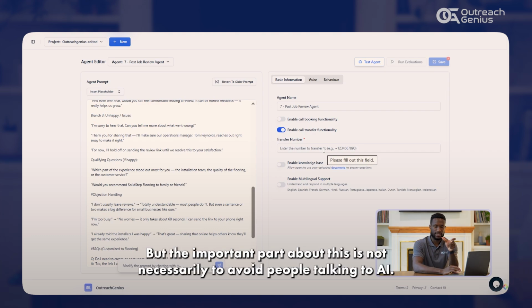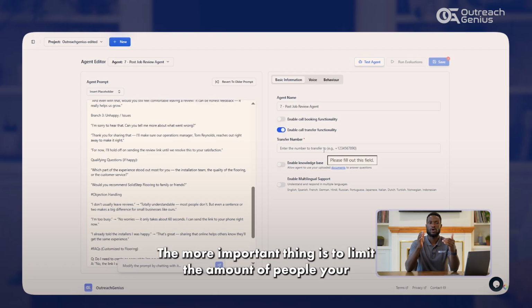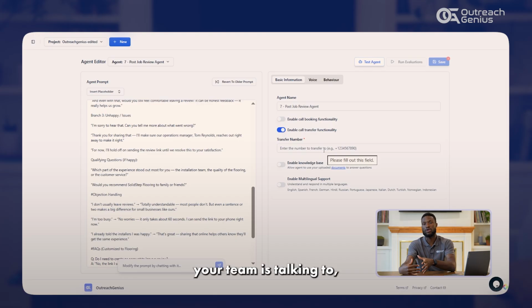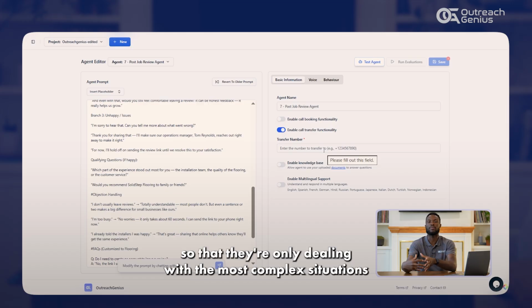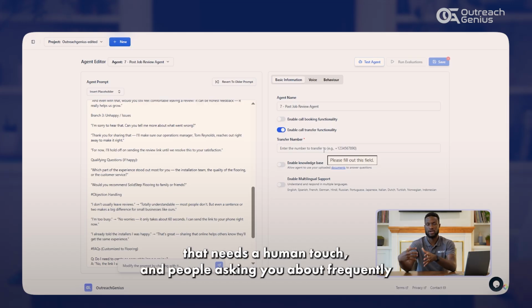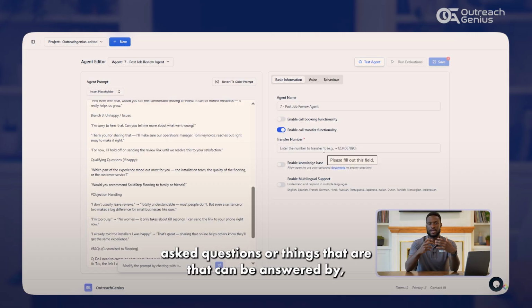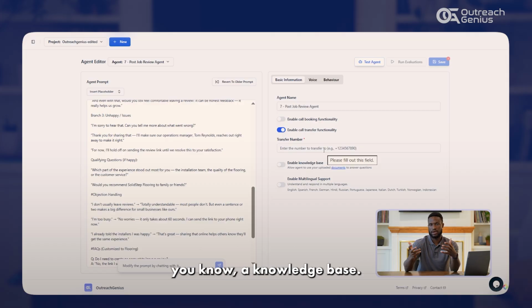But the important part about this is not necessarily to avoid people talking to AI. The more important thing is to limit the amount of human people your team is talking to, so that they're only dealing with the most complex situations that need a human touch. And for people asking frequently asked questions or things that can be answered by a knowledge base, the AI can handle all of those things.